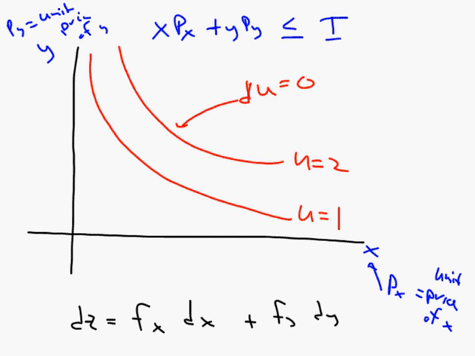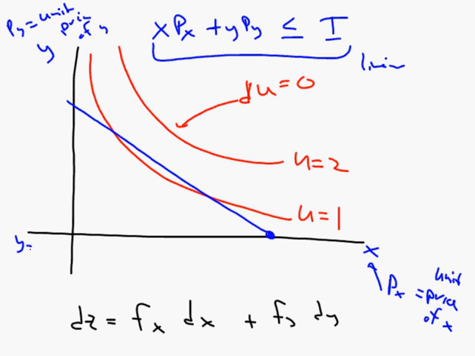All right? So what do we know then? Well, we know that this thing is linear, and its graph would end up looking something like this. If x and P of x and y and P of y are all positive, right, it's less than this, the graph is going to do something like that. Okay? And we actually know some special points. For example, this point here means I decided to buy only x, right? Y is equal to 0 all along this line. So this point would actually be,